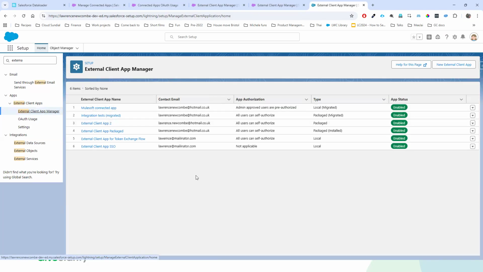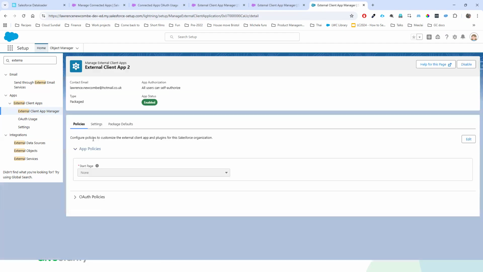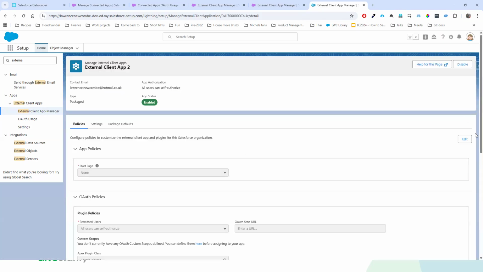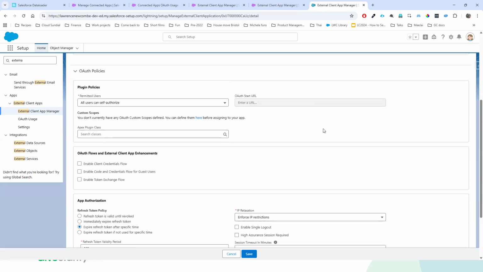As I mentioned, one slightly unfortunate thing about external client apps is that they're in a different part of the setup menu, and the screens look quite different. They look like a completely new thing to get your head around. But when you dig into the settings, they are pretty much the same as what you see in a connected app.